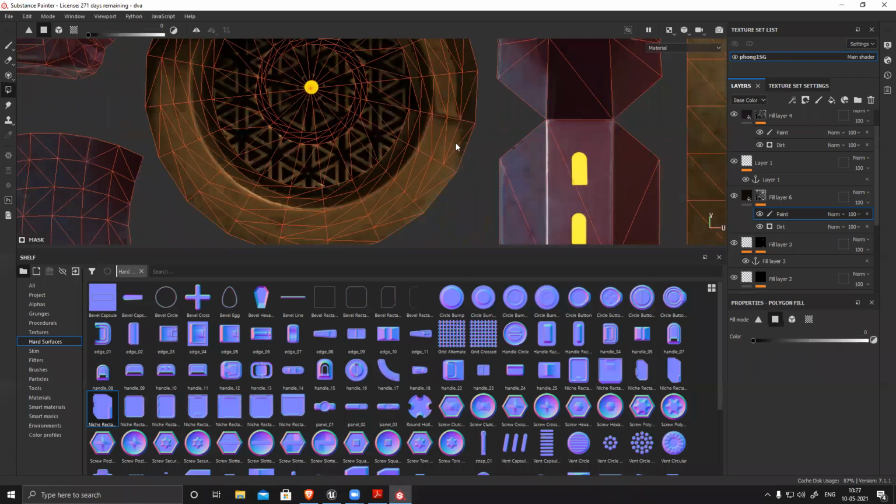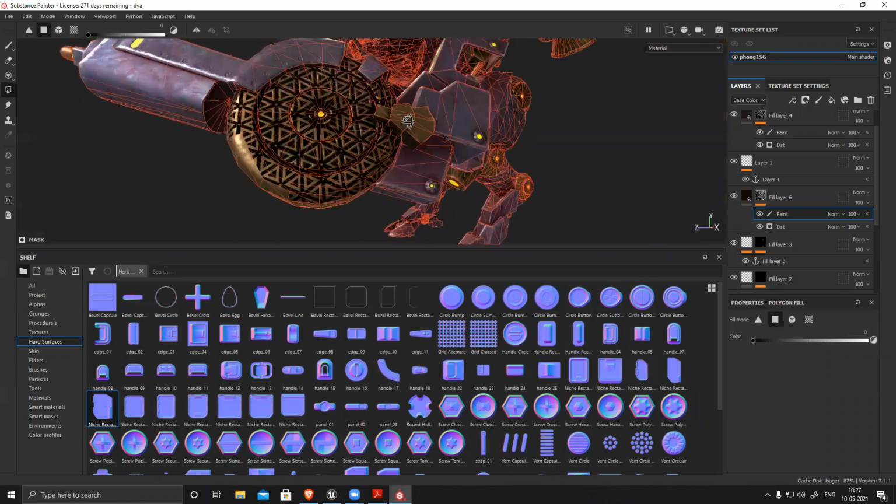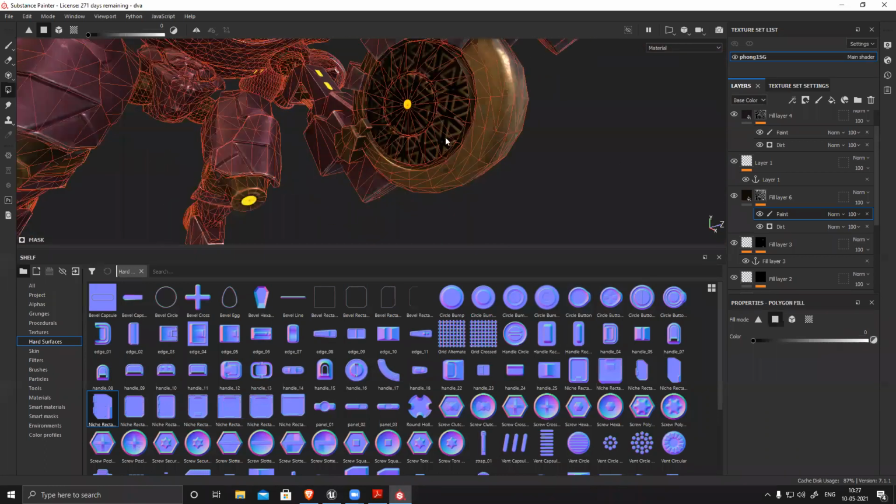Select everything and get rid of all those unwanted surfaces. Now F2 again, go to 3D view. Like I said, this part becomes clean.